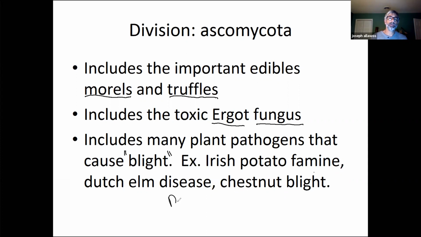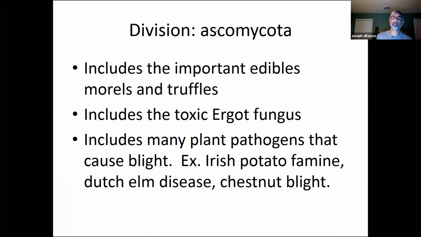And then most recently, we have dogwood anthracnose, which is killing our native dogwood trees. Not killing them quite as fast as they thought, but killing them nonetheless. So that's just a little taste of what you can expect to learn in this part of the discussion on